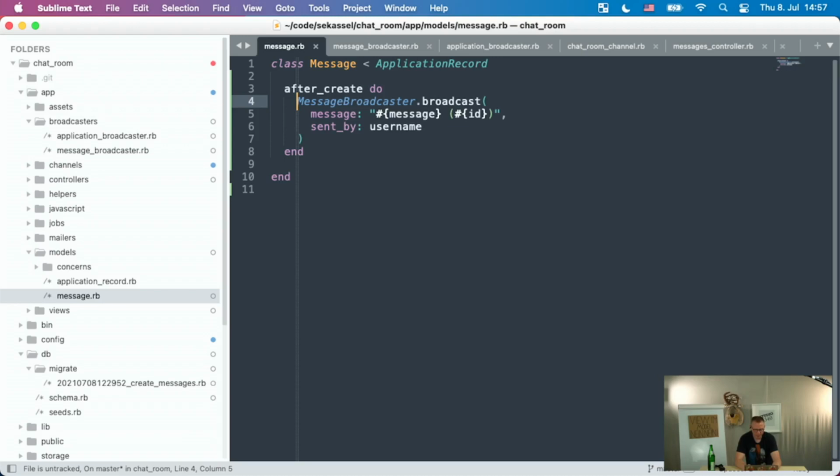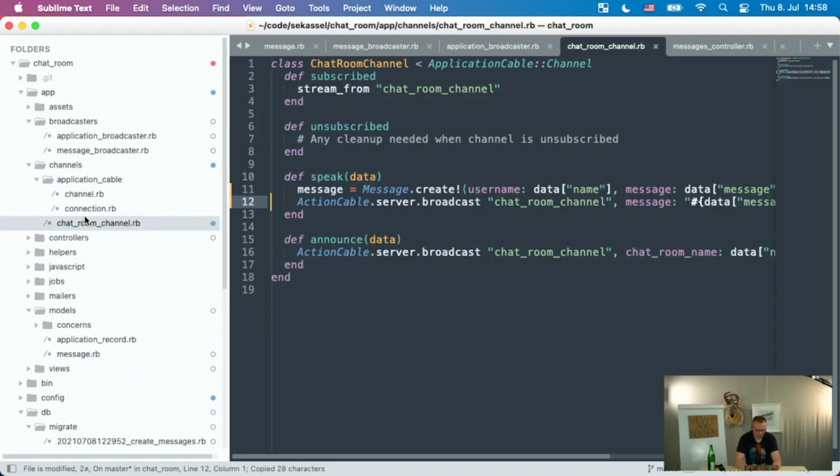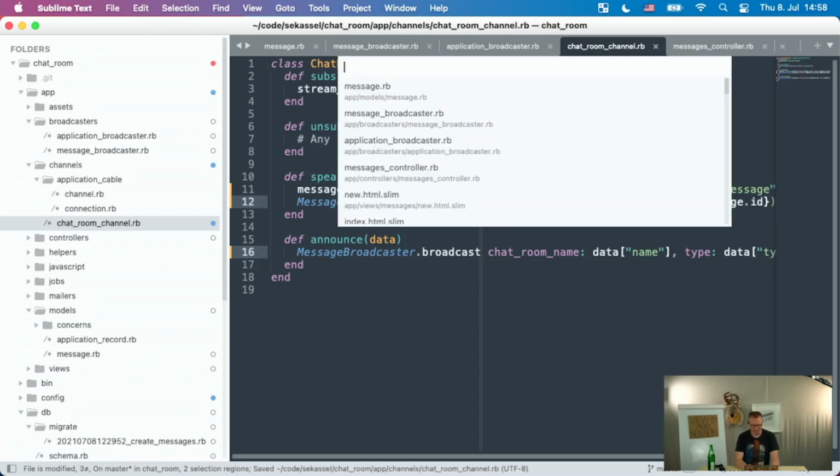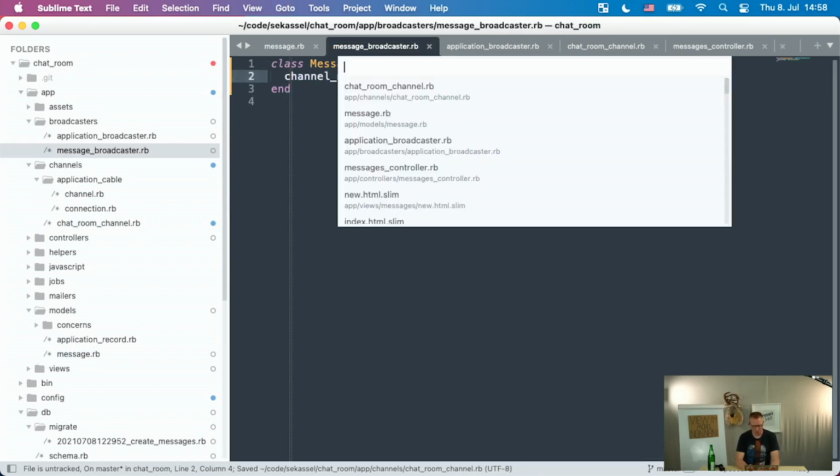And of course, we can now go back to the channels stuff and replace this with the message broadcaster.broadcast too. Just so now everything is at one place, and when you're running into trouble or decide to do or not do things, you can just change them there. And we can even decide that the message broadcaster